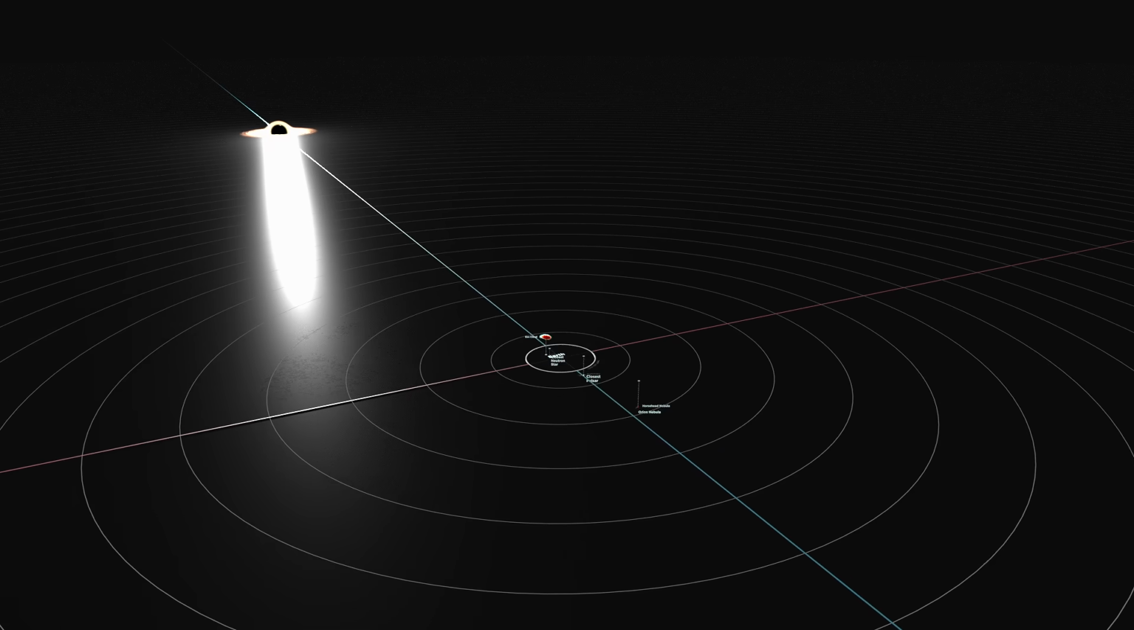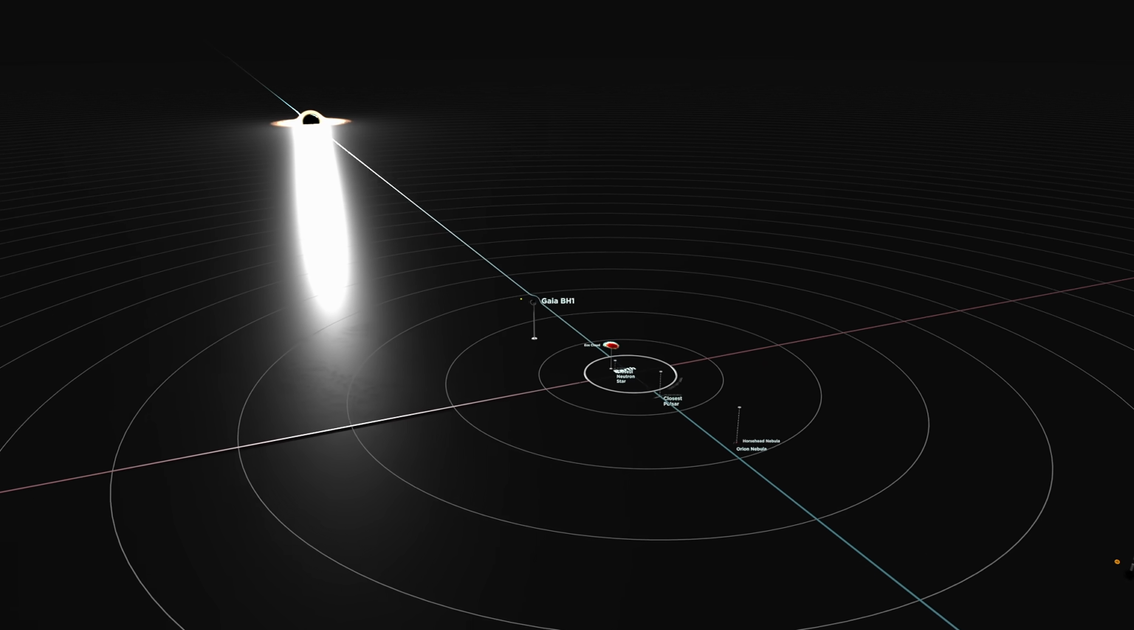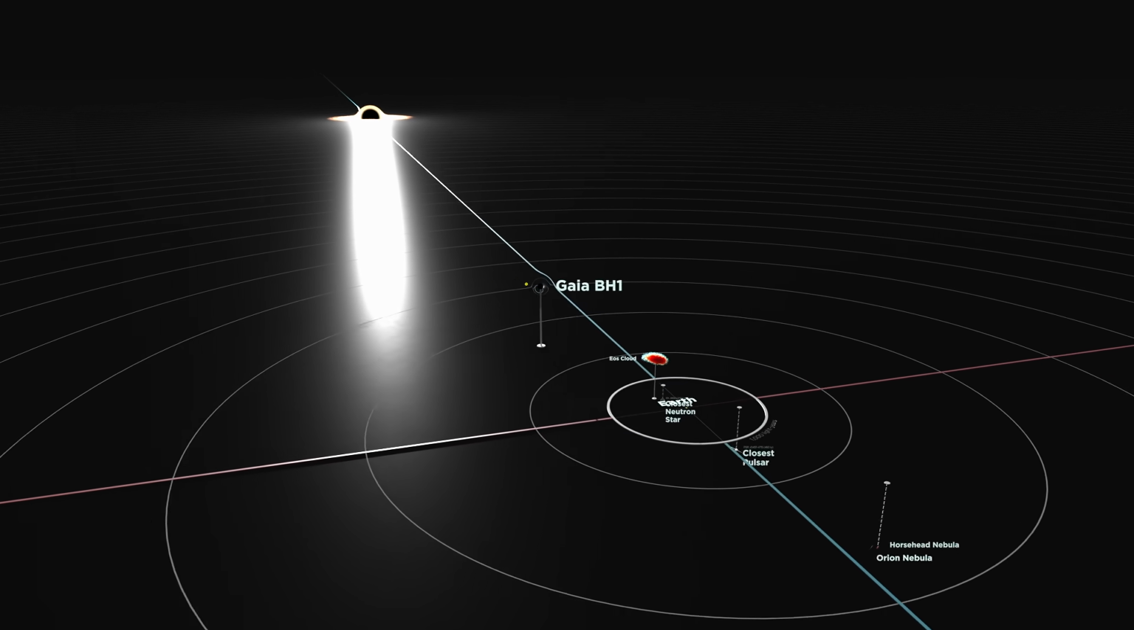As for black holes, there is of course the supermassive black hole at the center of our galaxy, 27,000 light years away, Sagittarius A star. The closest to Earth used to be A0620-00, which is behind the Orion and Horsehead Nebula. But more recent data from the Gaia mission has found that the closest known black hole, Gaia BH1, is only